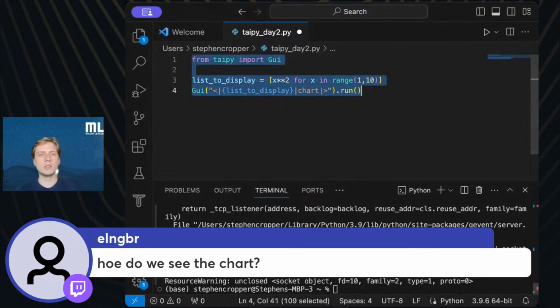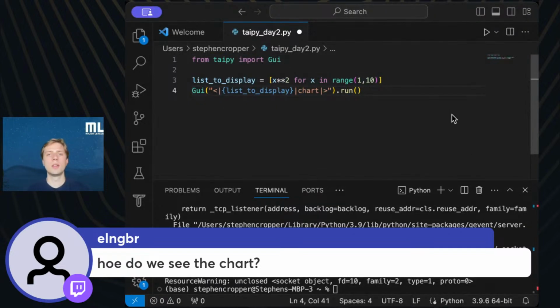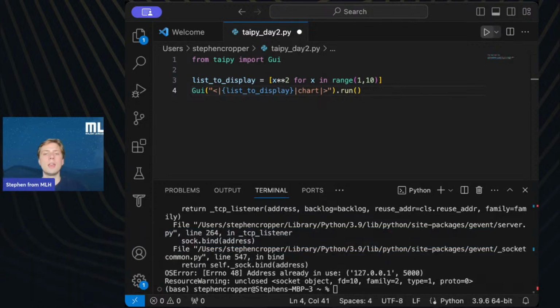So all you do is you type the code in your editor, and then you simply run it. You can use the triangle key here to run the code, and it should immediately pop up in your browser. If it doesn't pop up in your browser already, you can type this in 127.0.0.1/5000, and that should get you there.